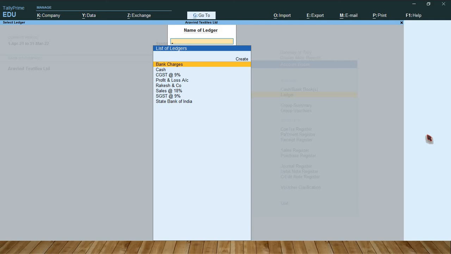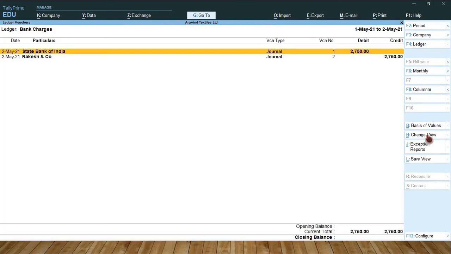Select one by one and check it. Bank charges: one is a debit entry, another is a credit entry. So debit to bank charges and another credit to Rakesh and Company, because this amount will affect the Rakesh and Company ledger account.